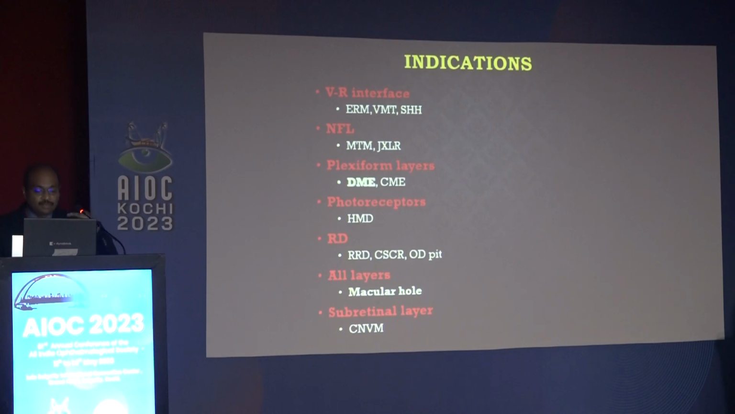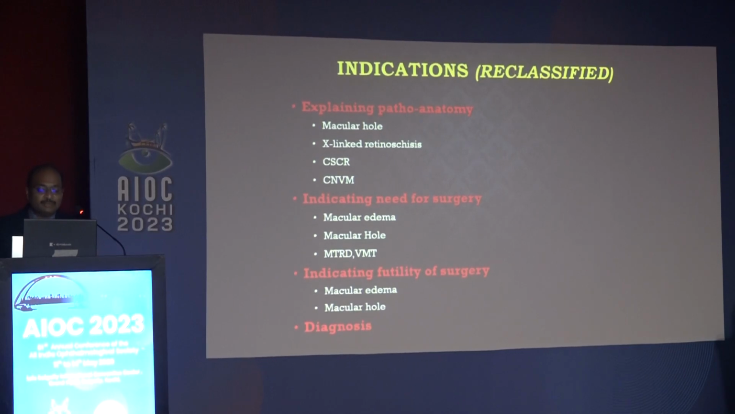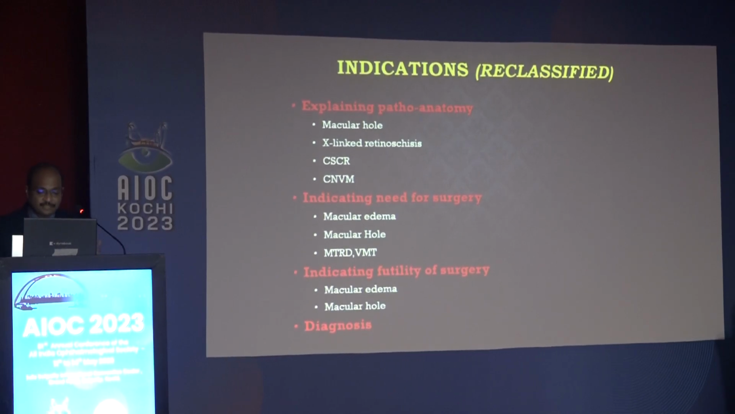Nerve fiber layer: myopic traction maculopathy, X-linked retinoschisis. Plexiform layers: where you'll find pathology of diabetic and cystoid macular edema. Photoreceptors: heredomacular degenerations, detachments in all layers, macular holes. And subretinal layers: CNVMs. You can reclassify this anatomy to explain the pathoanatomy, for example, macular hole, XLR, CSCR,